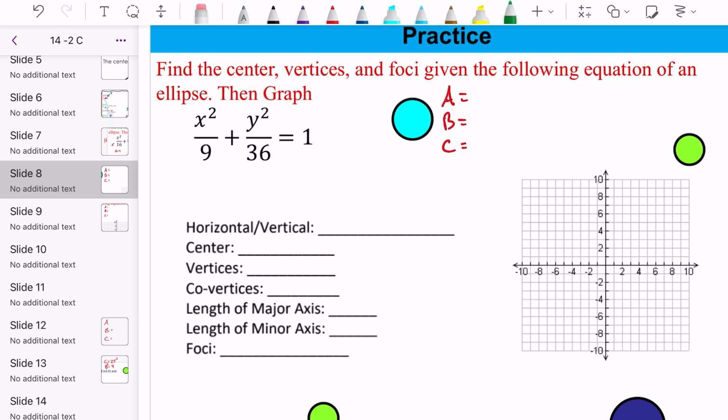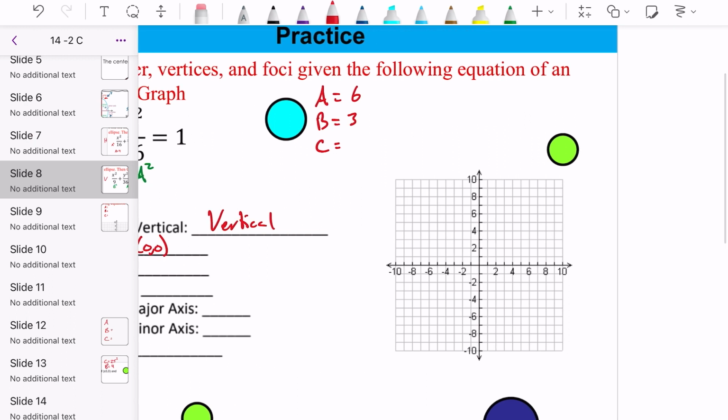Let's take a look at slide 8. In slide 8, once again, we are noticing that our a squared would be on the right-hand side underneath the y. B squared would be underneath the x. In this case, we are looking at a vertical ellipse. Our center would still be (0, 0). We need to determine our A, our B, and our C. A would be 6, B would be 3, and C would be